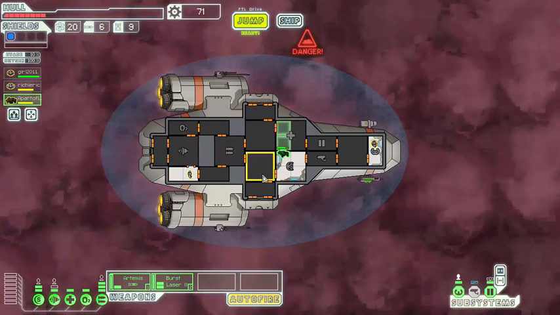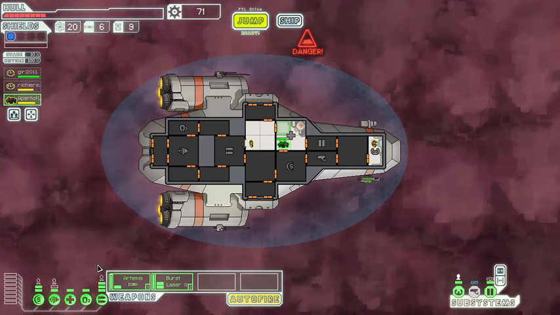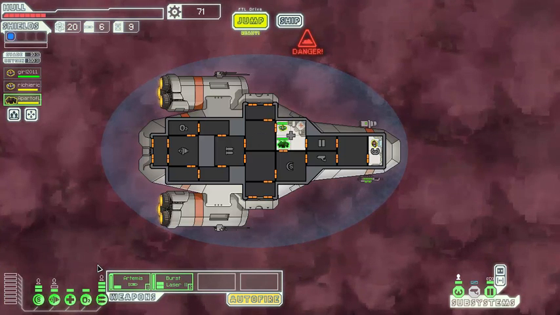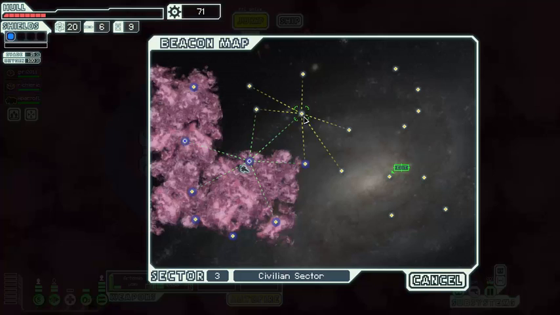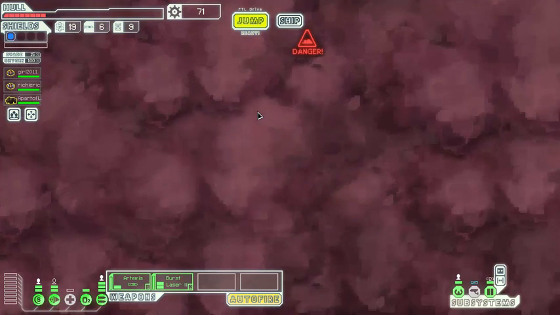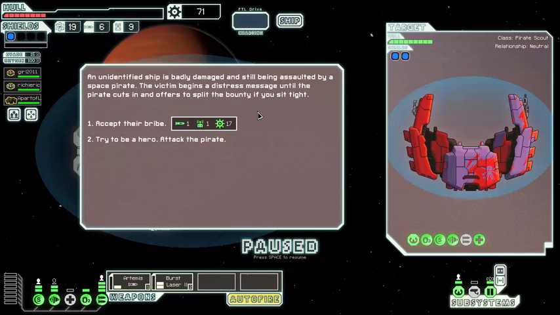First, I'm going to heal, so I don't forget. And then, I'm going to jump out of here. I'm going to keep everyone in their same stations. I don't want to change anything, but... Alright, let's get out of here. Preferably over here. I don't want to stay in these nebula fields anymore. Fuck, another...